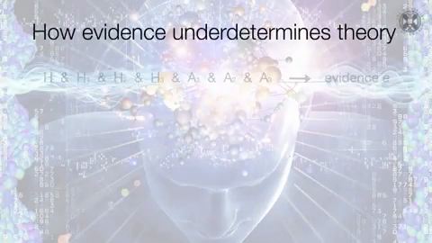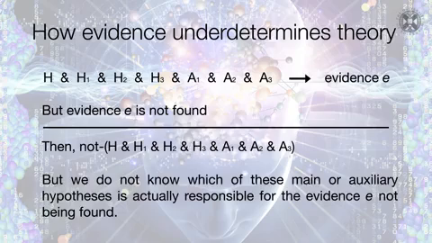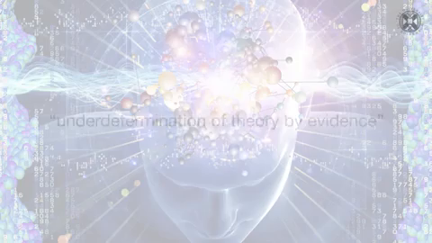So whenever we encounter a piece of negative evidence, we actually don't know whether it is evidence against one of the main theoretical hypotheses, say one of Newton's 3 laws of motion, as opposed to being evidence against one of the auxiliary hypotheses, for example, the number of planets in the solar system. This is what philosophers of science call the problem of underdetermination of theory by evidence. Very often, our experimental evidence is not sufficient to determine the choice between tweaking or modifying one auxiliary hypothesis as opposed to replacing altogether a main theoretical hypothesis.